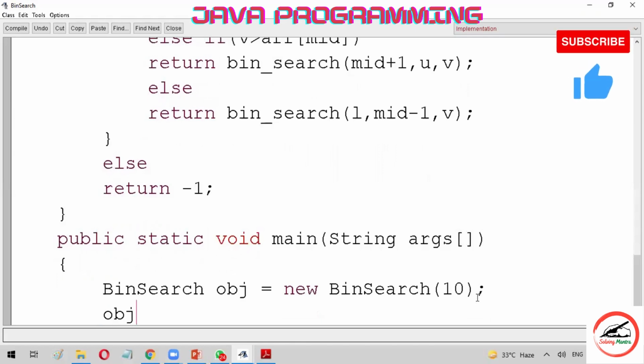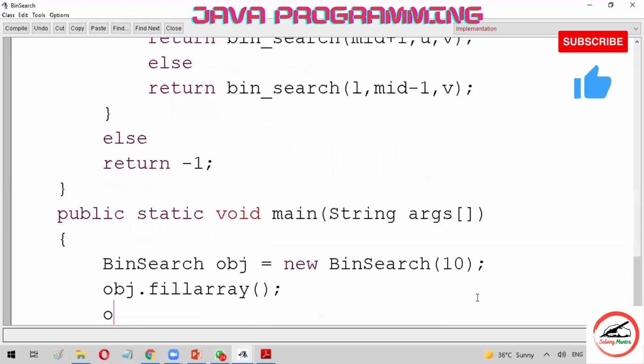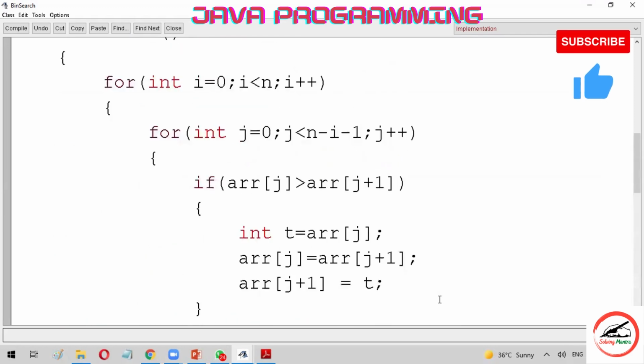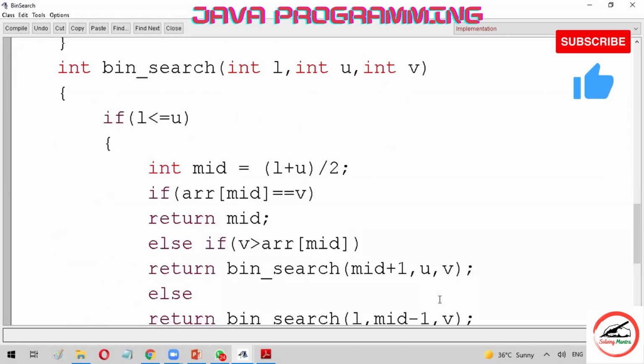Now with the help of this object, obj.fillArray, the first function has to be invoked, fill array. So the array values must be entered. After that, you have to sort the values, so invoke the function sort. After that, we'll simply invoke the function bin_search, but it will return some value.